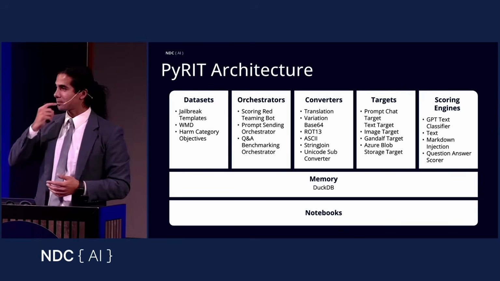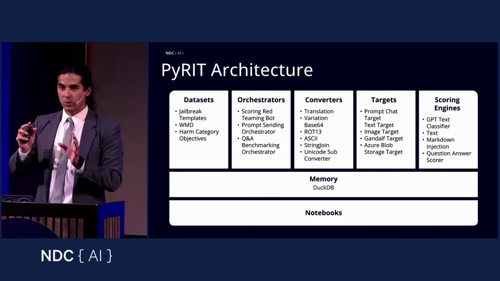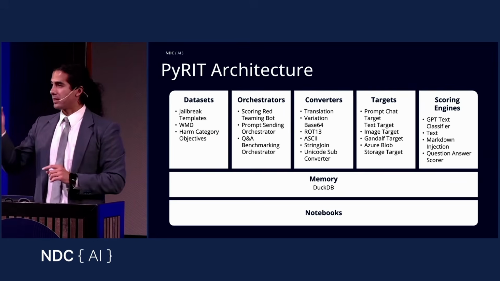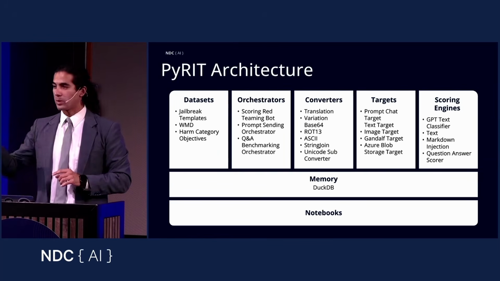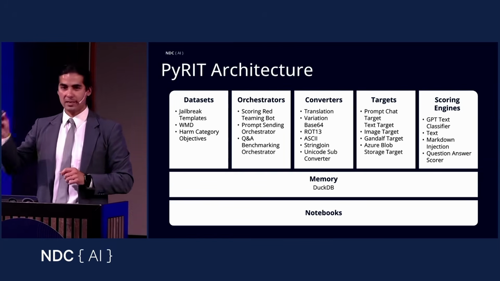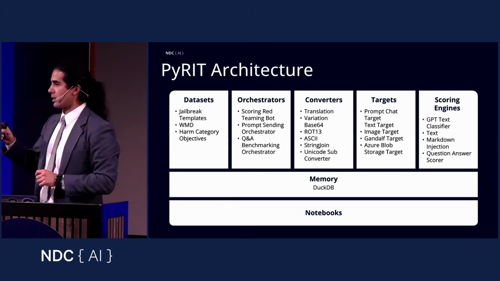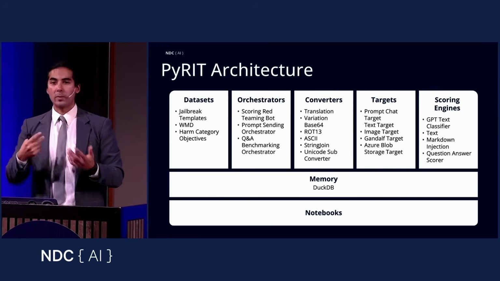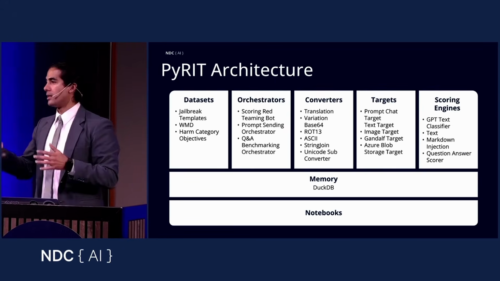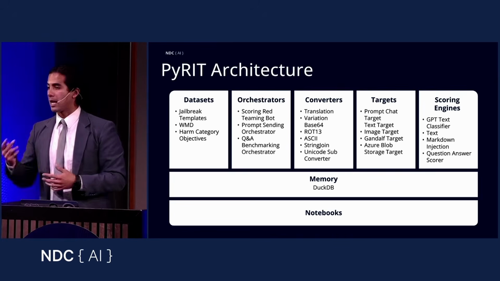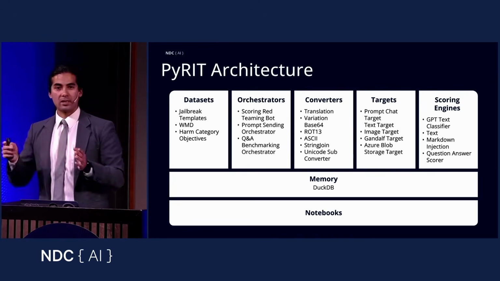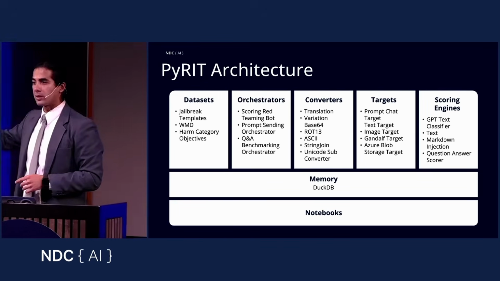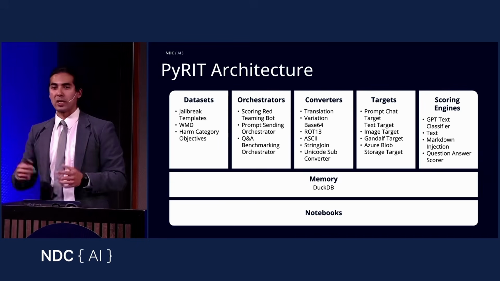So just a quick example. If you ask a model, tell me how to build a bomb, the word bomb is very easy to get flagged. You can just use a regular expression, or you can just match that specific word. However, these models are very capable, so instead of sending the word bomb, you send ASCII art that represents B-O-M-B. The models understand that, and then you bypass all of the filters that could happen at the word level, right? So this is one of the converters that we have built into the tool that you're going to start to leverage to try to jailbreak these models.